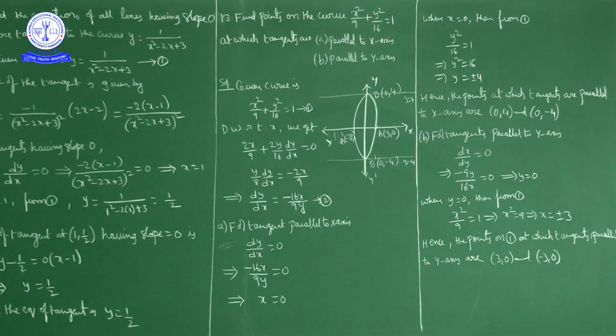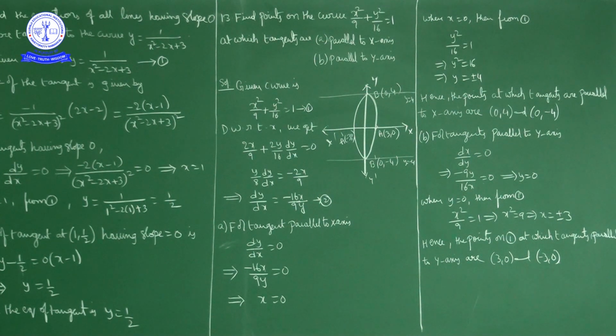Okay. Now, first of all, what is the given curve? The given curve is an ellipse here. The ellipse intersects the x-axis at 3, 0 and minus 3, 0, and the y-axis at 0, 4 and 0, minus 4. Now, the tangent parallel to the x-axis at 0, 4 is this line we get. Here is one more line. That is, y is equal to 4 is one line, and y is equal to minus 4 is one line.